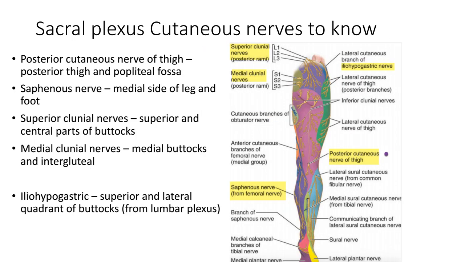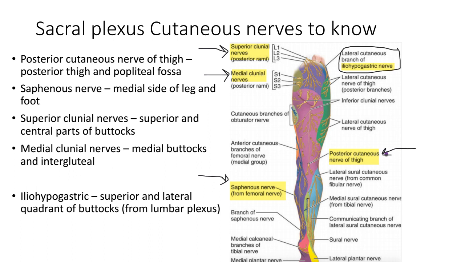The cutaneous nerves of the sacral plexus that I want you to know are the posterior cutaneous nerve of the thigh that supplies the posterior thigh in the popliteal fossa, the saphenous nerve, which supplies the medial side of the leg and the foot, the superior cluneal nerves, which supply the superior and central part of the buttocks, the medial cluneal nerves, which supply the medial buttocks and the intergluteal area, and the which you can see on this picture,